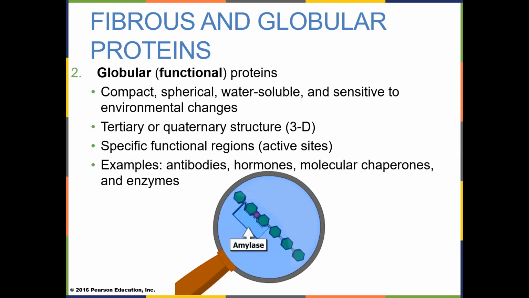Amylase binds to the long chain of starch and starts breaking up the starch into sucrose. It breaks them off two at a time. So we get sucrose or maltose or whatever disaccharide we have. And then the disaccharide is going to be further digested later on. So we start the process of breaking down a starch